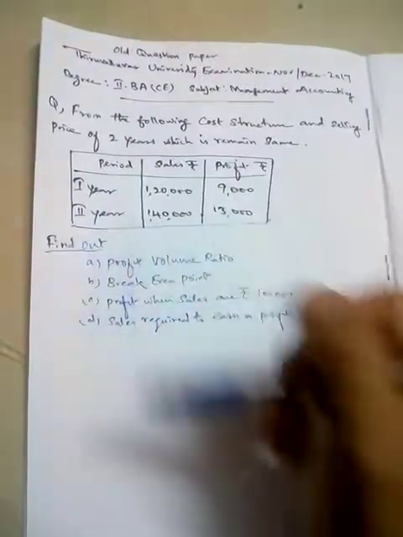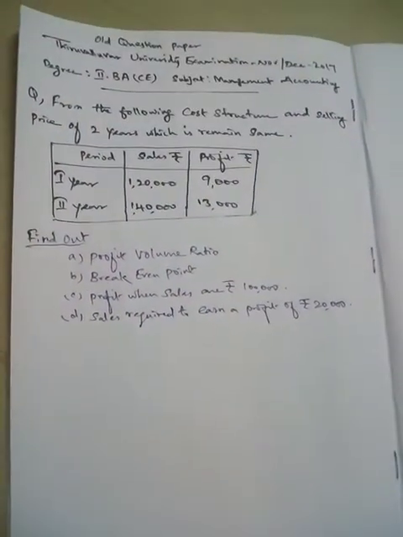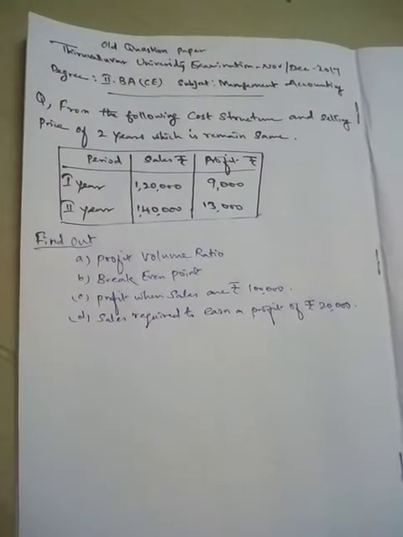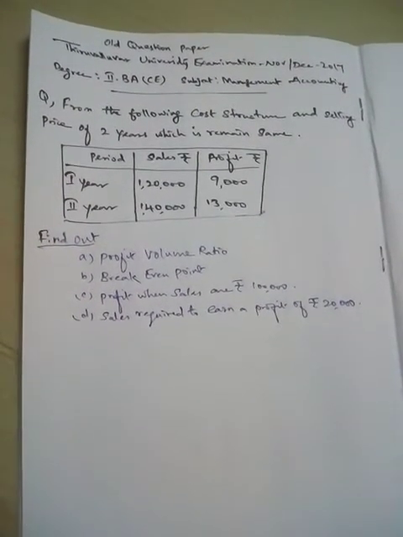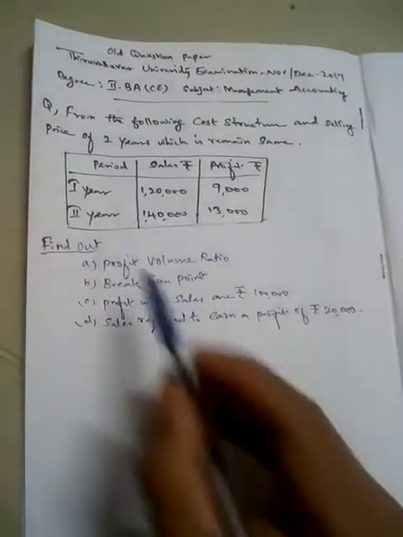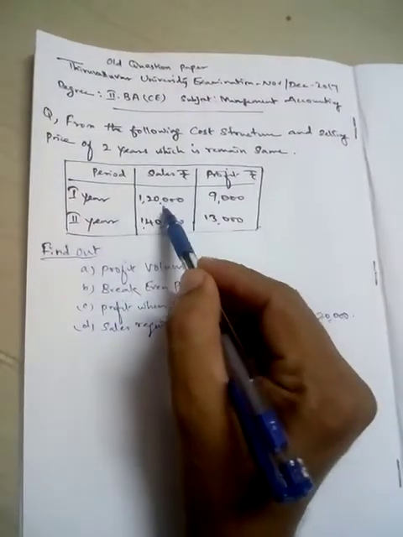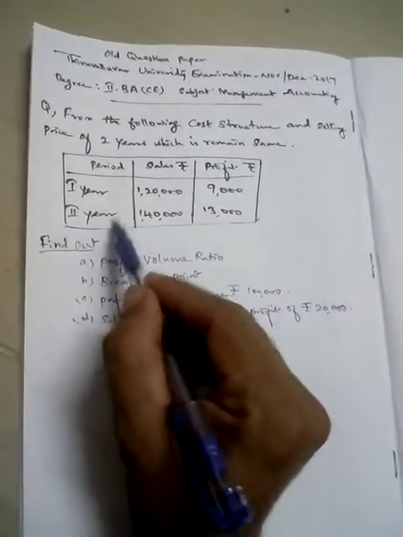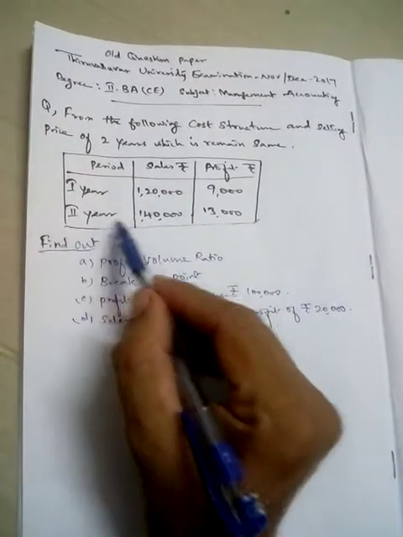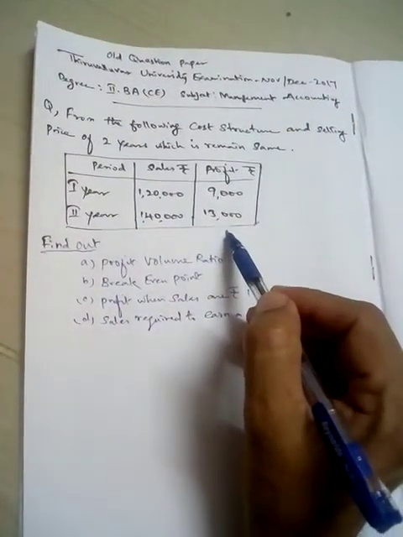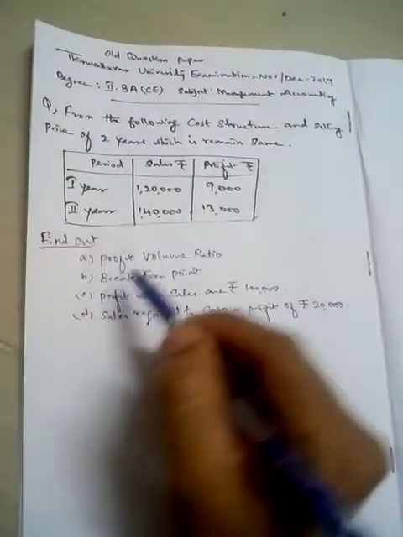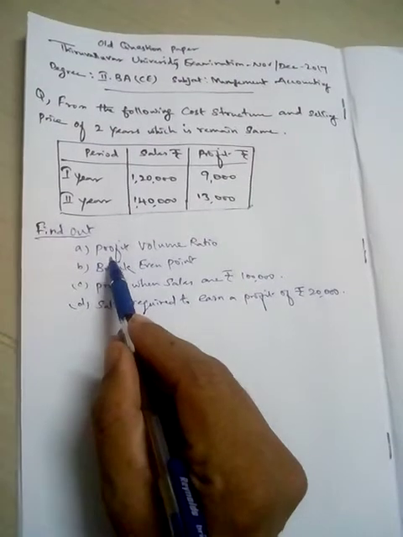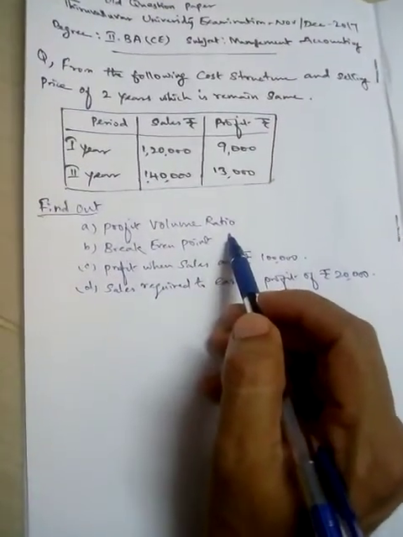So here I am reading out the question. From the following cost structure and selling price of 2 years, which remain the same, certain information is given: first year sales is 1,20,000, first year profit is 9,000, second year sales is 1,40,000, and second year profit is 13,000. They ask you to find the profit volume ratio,